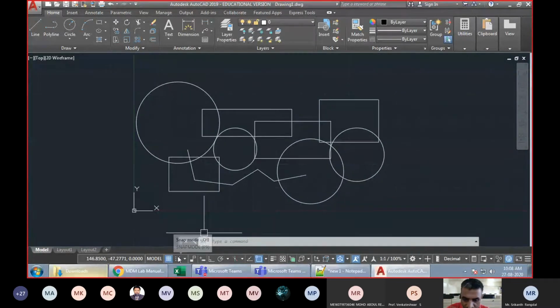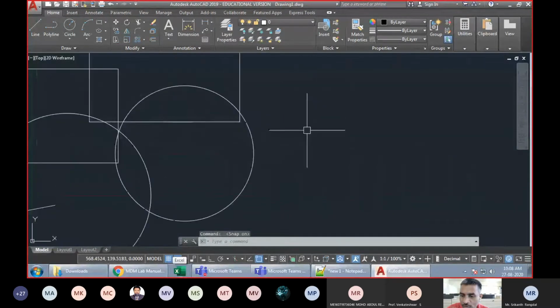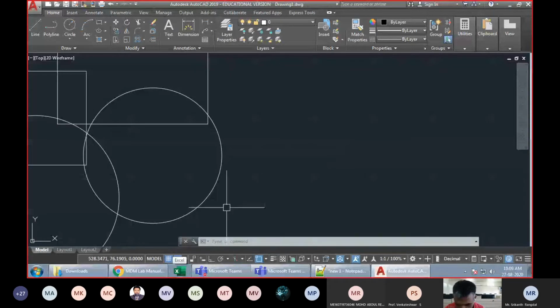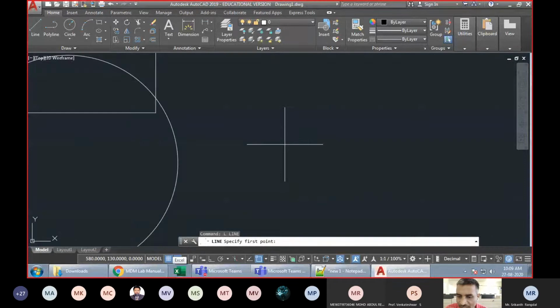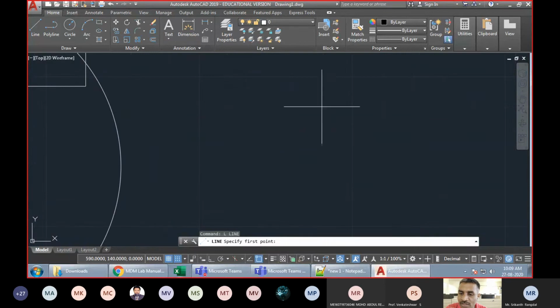So that is grid. Next is snap. Now snap is also a very handy tool, especially when you want to draw dimensions that are multiples of a chosen value. Suppose all your dimensions are multiples of 10. You don't have any value like 25 or 26 or something like that. Then you can use the snap option. When the snap option is on, and when you're drawing a line or something, you can see my pointer is jumping from point to point. Fine. It is unable to come anywhere in the middle. It is jumping from point to point.